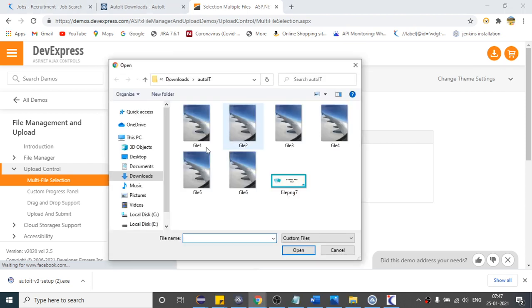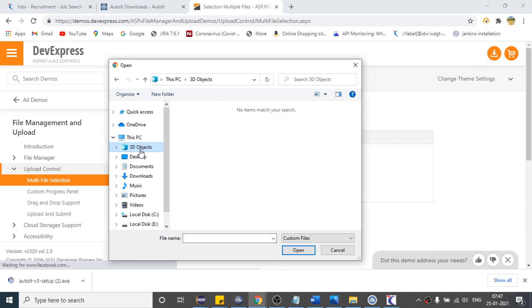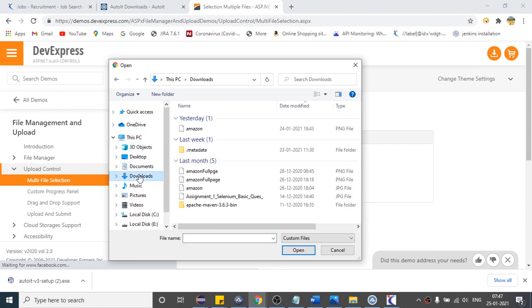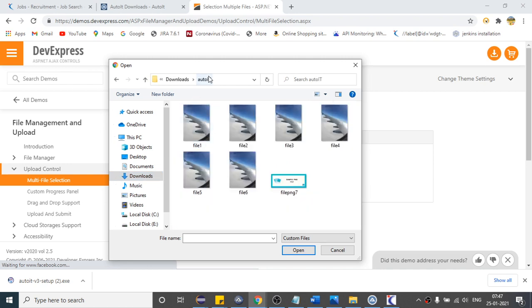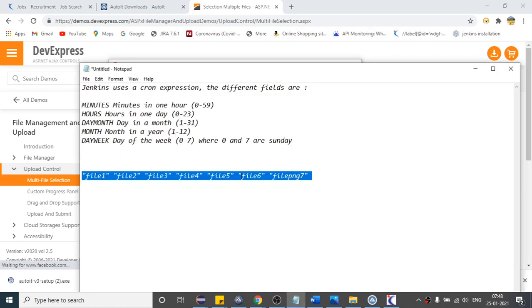first, suppose a pop-up is open like this. First I have to come to this particular folder. So this is my first step. First I will come to the particular folder, and from that folder, after reaching, if I am able to send this entire string, which we have copied,